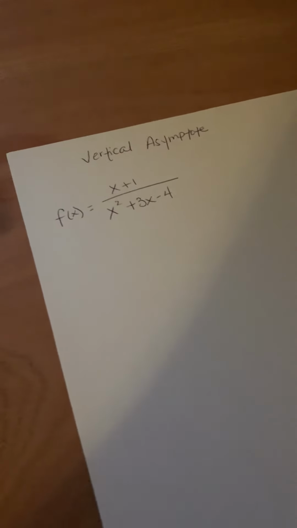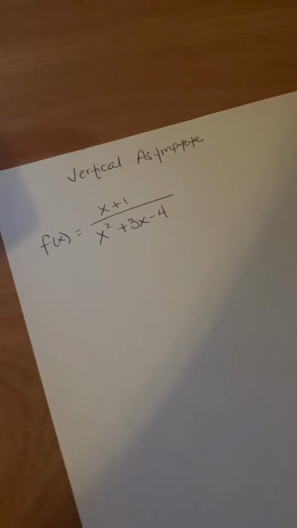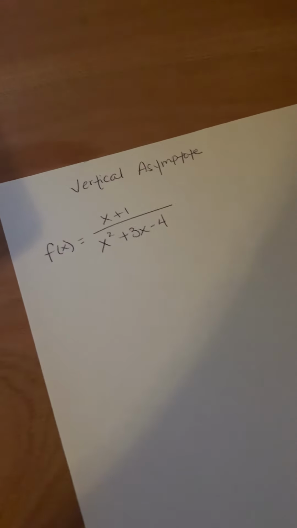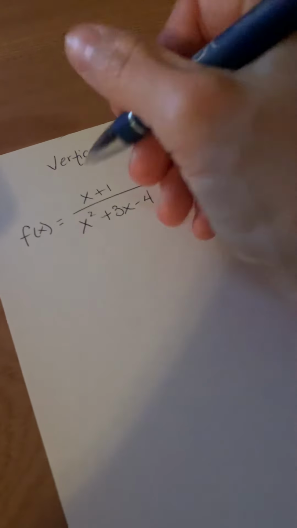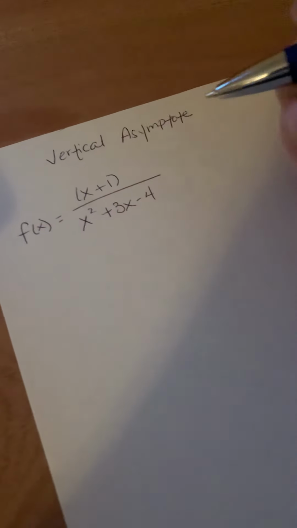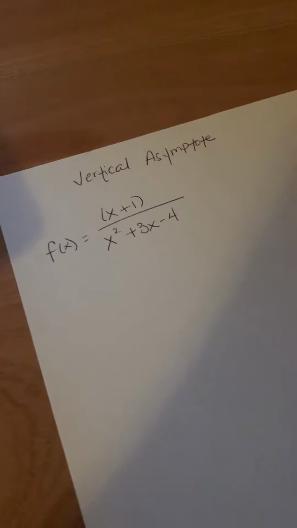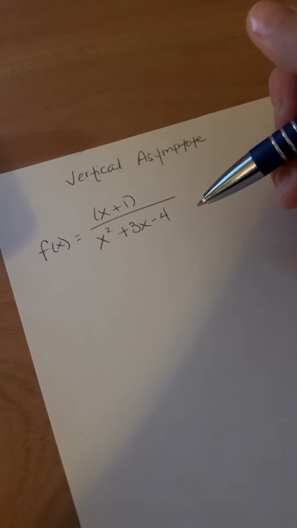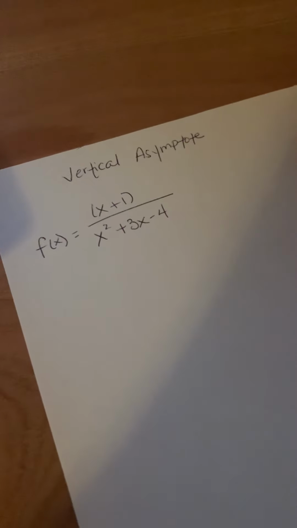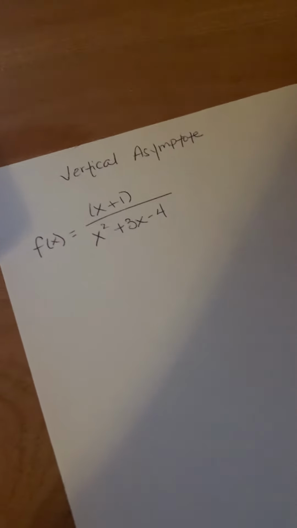We are looking at finding the vertical asymptotes of a rational function. For this particular function, we only need to look at factoring the denominator because the numerator cannot be factored. It might look better to you if you add parentheses to notice that it cannot be factored. If we factor the denominator, it is a quadratic trinomial, so we could use AC, guess and check, whatever method